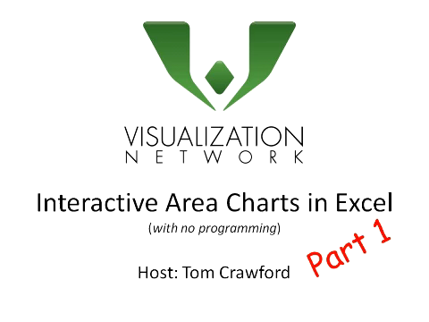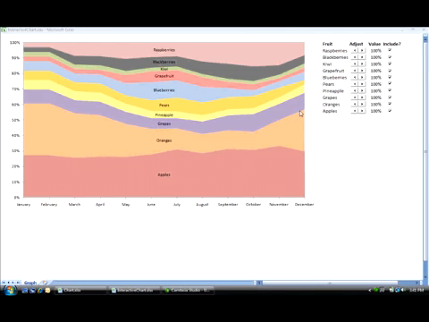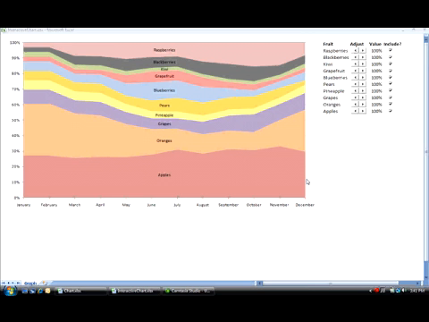Recently there was a great post by Nathan from Flowing Data who suggested there would be ways to create very interesting interactive charts using Flash or Flex. And they do come out nice, and there's lots of great things you can do with that. But unfortunately, many people in the audience don't know how to use Flash or Flex and also don't know how to program the necessary steps to make that happen, which can be moderately complex, but of course yield great results. So instead, this is an alternative to looking at how you can get many of the same benefits in Excel